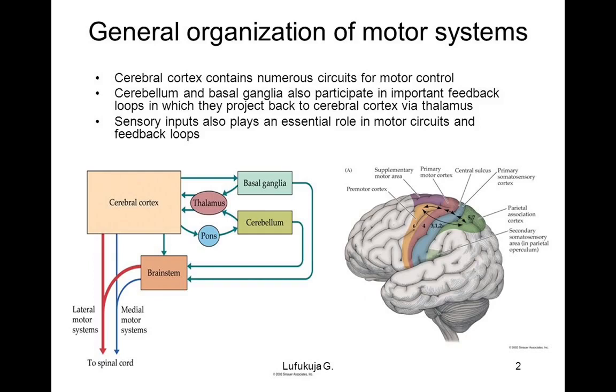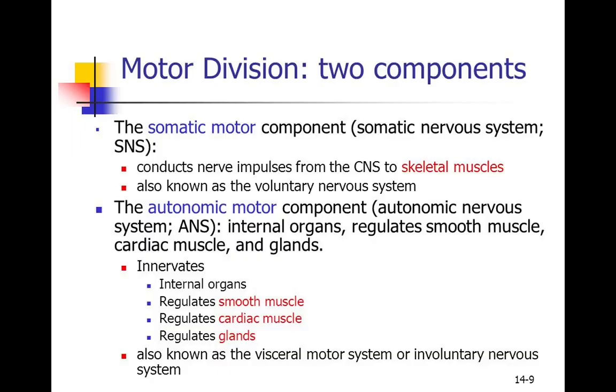So the body will have the ability to right itself in different situations, so that it can assume a posture that can produce meaningful movements. Am I clear? So this is what it is all about, the motor function. So with the motor division, you generally think it to be a somatic motor component only, but it also has an autonomic motor component as well. So there are other motor functions that regulate not only the muscles but glands as well, and other internal organs.